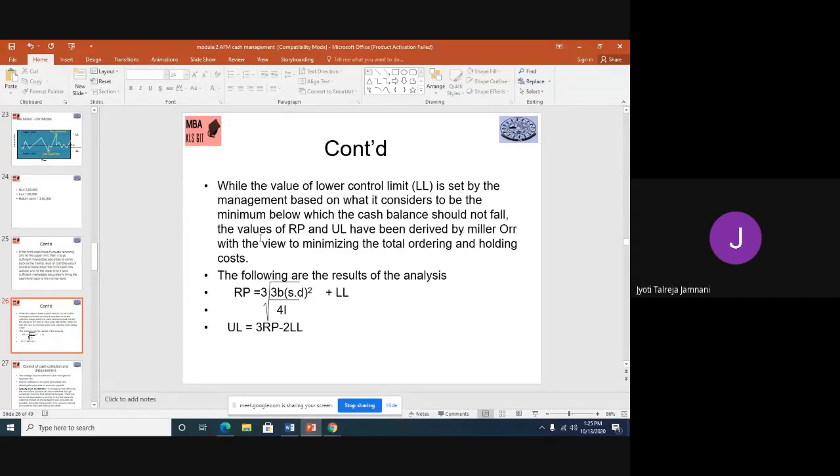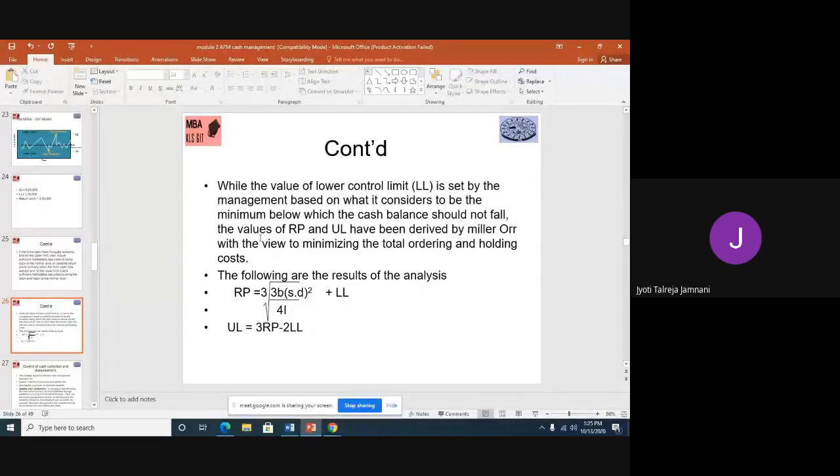We're taking the cube root. If you could see there, besides that square root sign, there is a 3. Are you able to see? Yes, ma'am. So we are taking the cube root here, not the square root. In this formula, the return point formula is the cube root of 3b into standard deviation square,